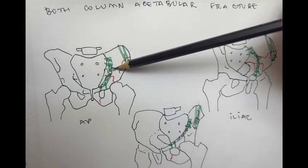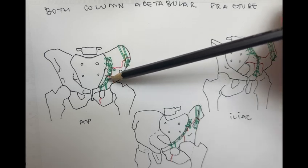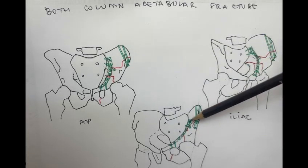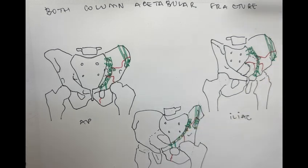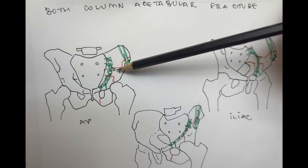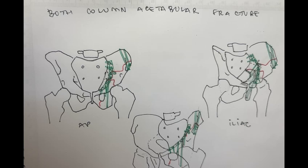Important to remember how this screw can sometimes be in the way, so it is important to put the plate in an exact position. In this view, you can see the same, and in the obturator view, again, the plate fixing the anterior column and also helping fix this high anterior column. So the final step would be reducing and fixing the posterior column and also the quadrilateral surface